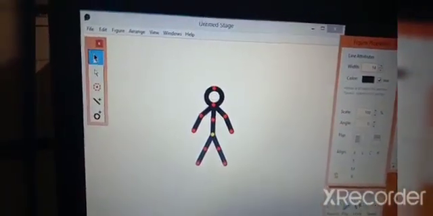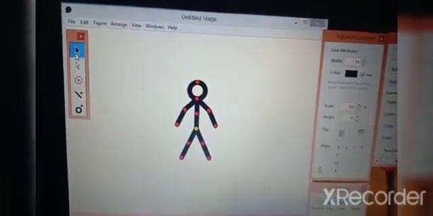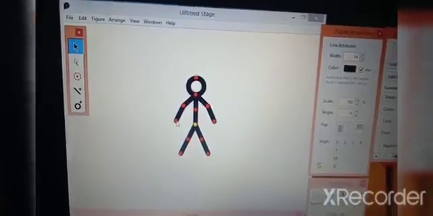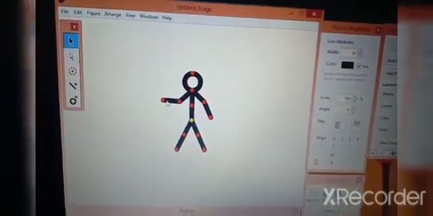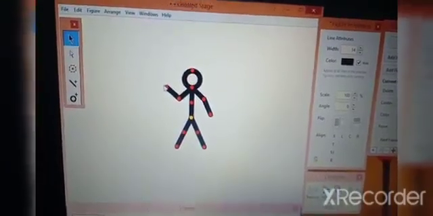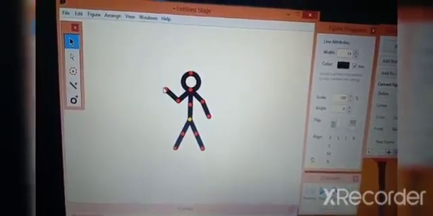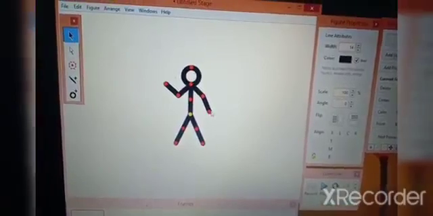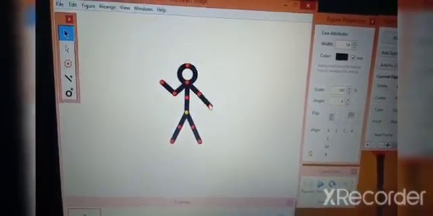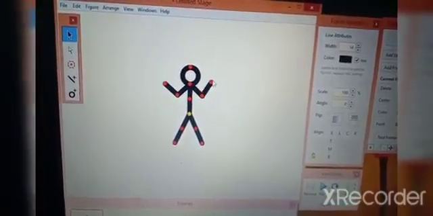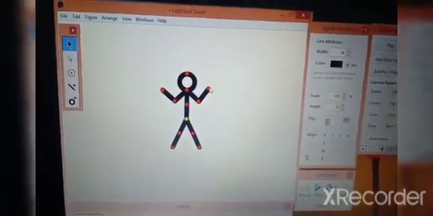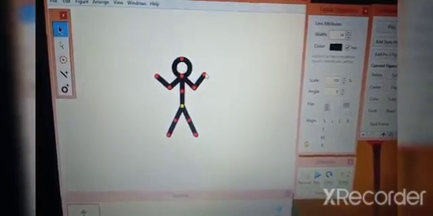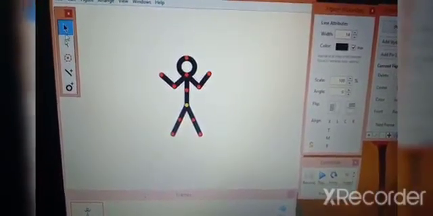So this is the select tool. Click on the select tool and see how it is working. You can just move his hand like this. See, it is so nice. And here also you can move, click on this point and just like this too. So we can move these nodes using the select tool.